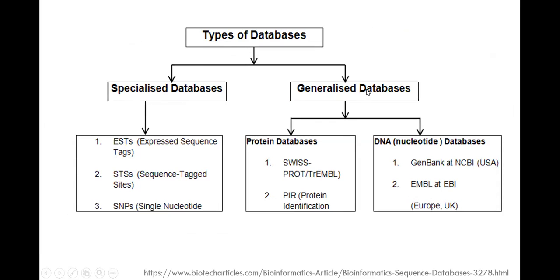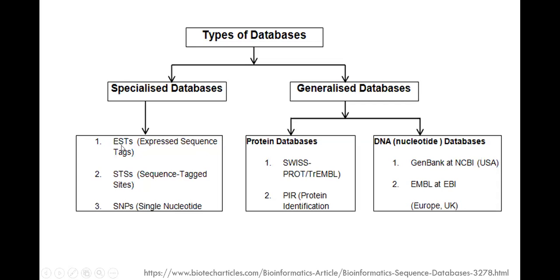So there are again generalized and specialized databases. Generalized databases, as we discussed, go into protein and nucleotide. But specialized databases go into a unique set of the input, or unique set of the output you want from the data, because you don't want to look into the generality of proteins and nucleic acids. You want to zoom in more detail into the DNA variability or polymorphism from individual haplotypes. So you go into specialized databases.